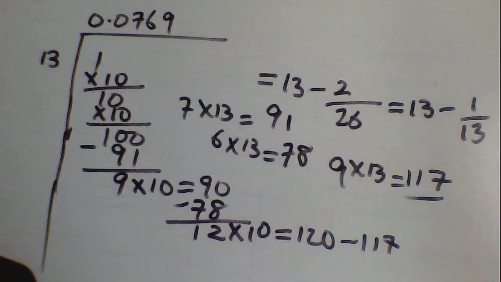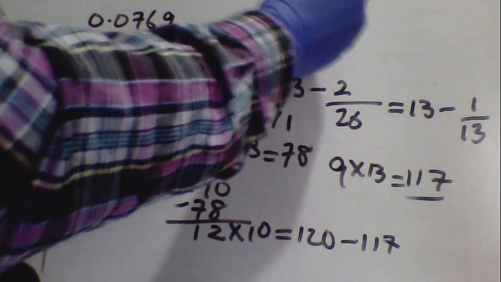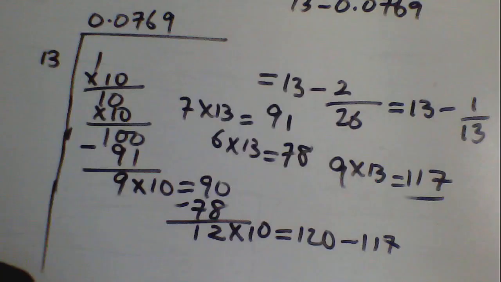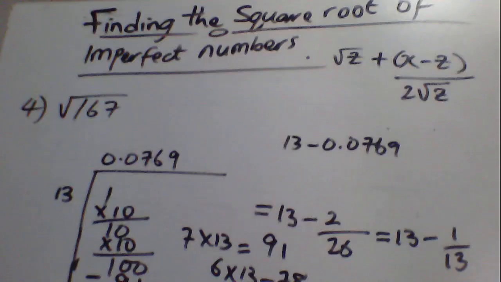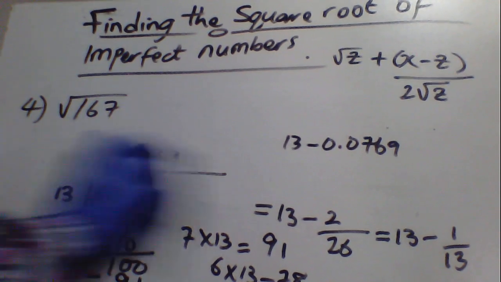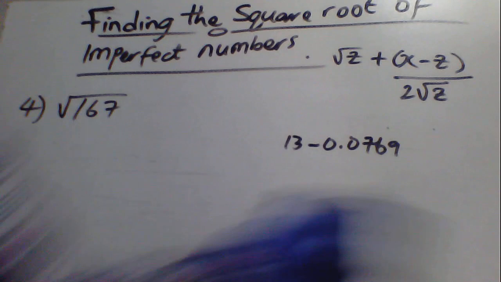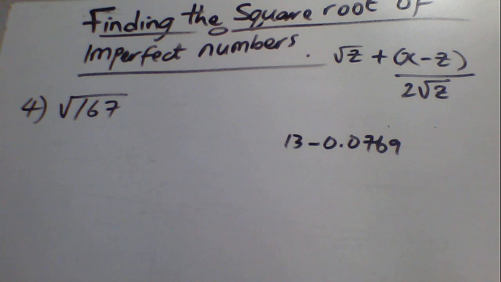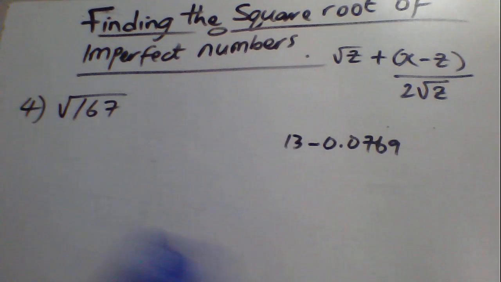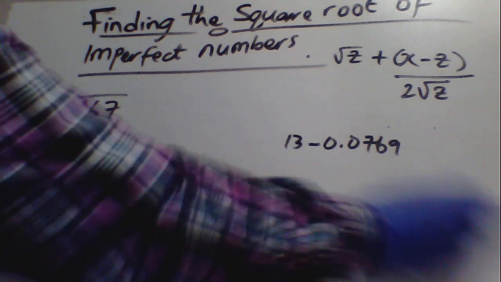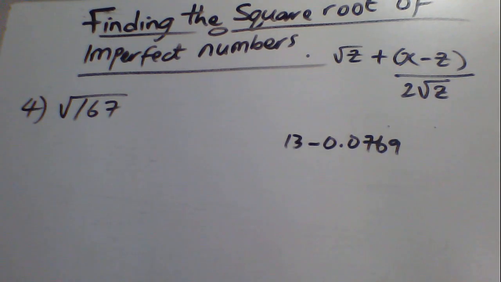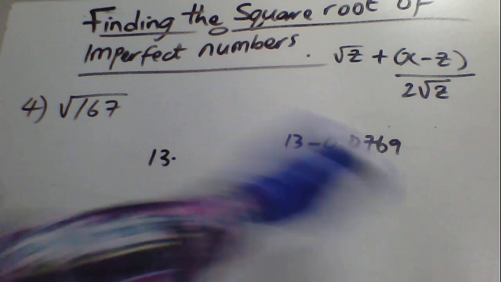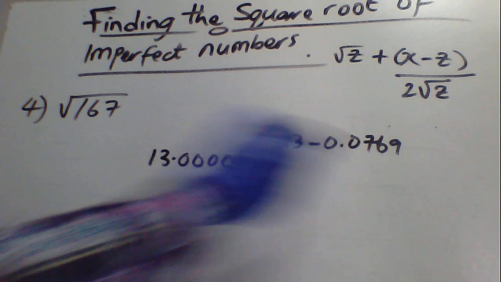Have any questions? So from here we have 13 minus 0.0769. So do the subtraction. You can put it in vertical form to enable you to do the subtraction. So in this case, you have 13 point. How many decimals? 1, 2, 3, 4. 4 digits. 0, 0, 0, 0. So you bring this number